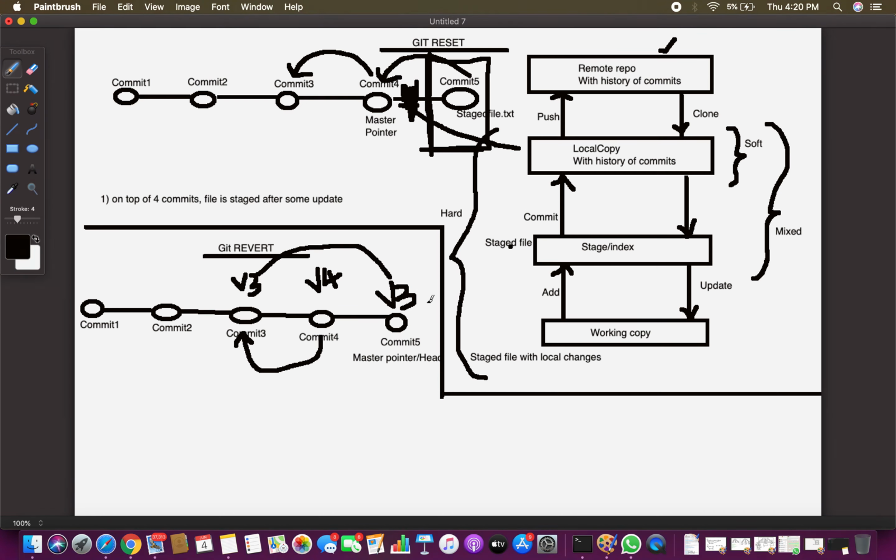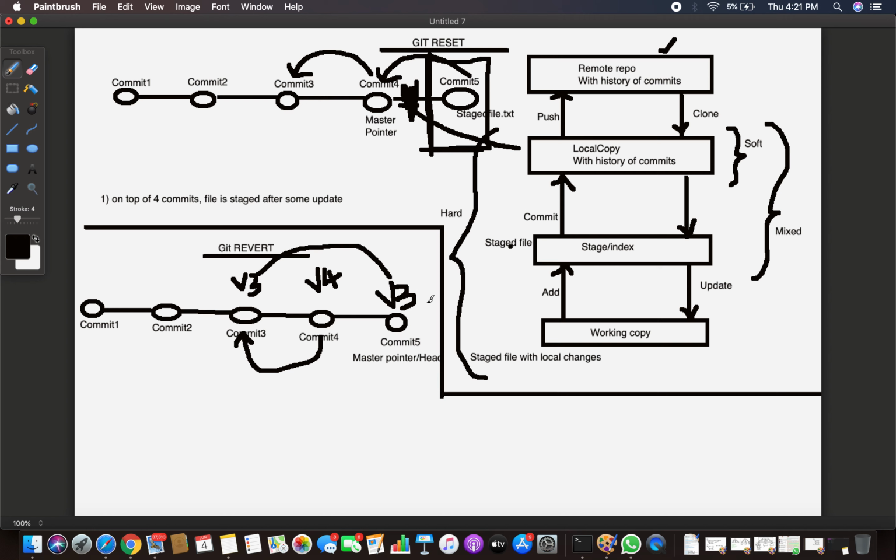Before we move on to the implementation, I wanted to give the difference, and when you can do a git revert and when you can do a git reset. When you are working on a private branch which is specific to you and you are making changes, it is advisable to use a git reset. Whereas if you are working on a public branch it is advisable to use a git revert, because you are not overriding the history of the branch, the history of the commits. In the reset you are actually overriding, but in git revert it is making a new commit, so all the commits are in the link.